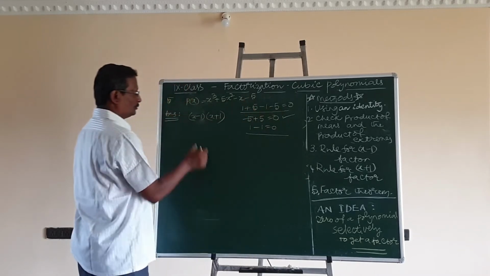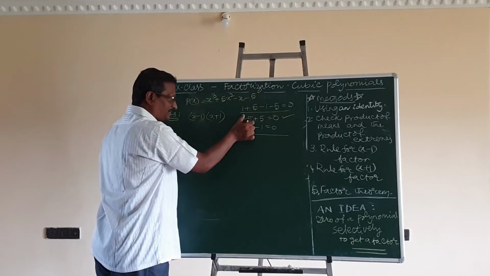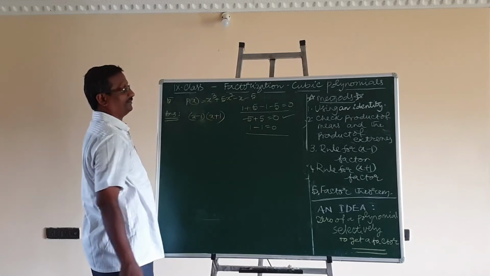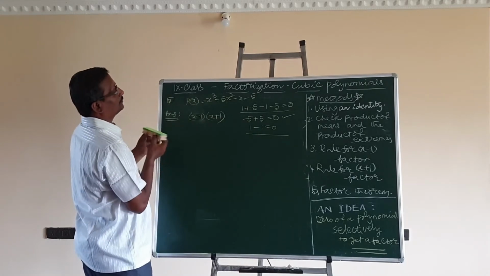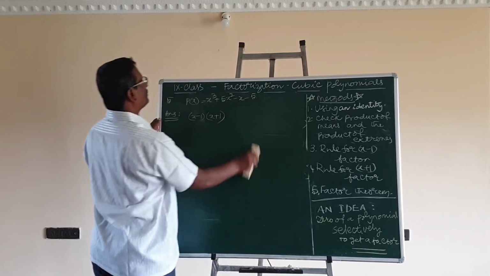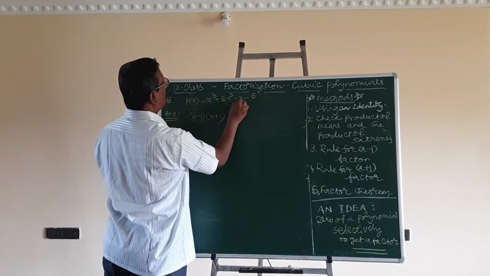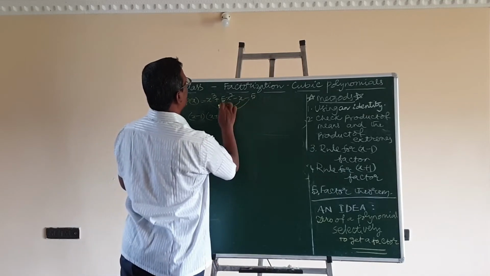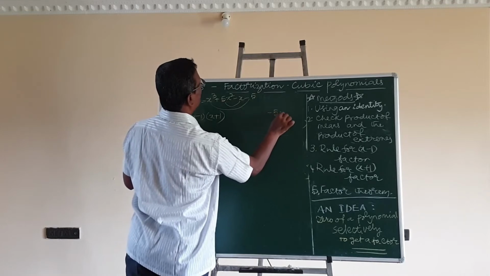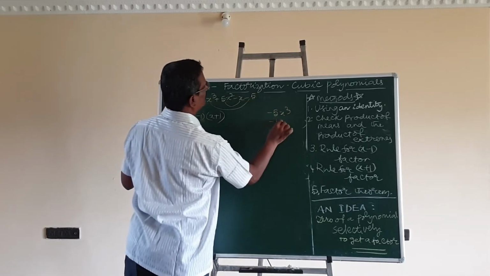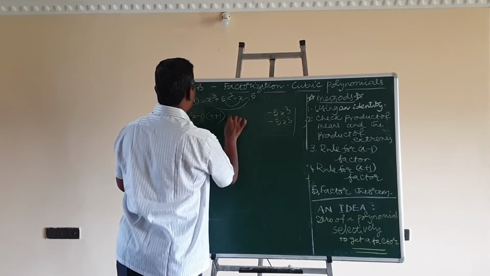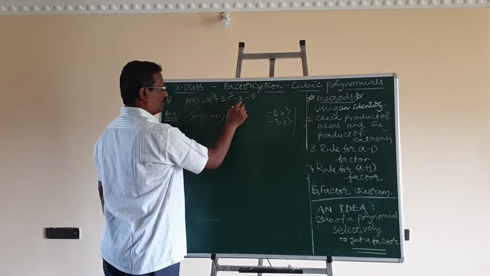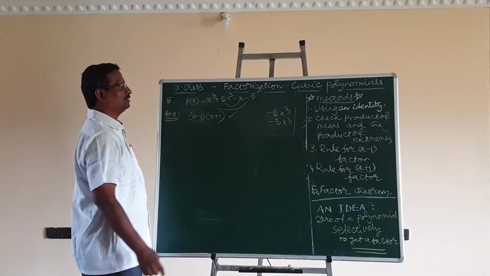Sum of the coefficients is equal to 0, x minus 1 is a factor. Even powers coefficients sum and odd powers coefficient sum are equal, therefore x plus 1 is also a factor. Now there is another rule, a special question where the product of means and the product of extremes are also equal. Here product of middle terms, 5x square into minus x is minus 5x cube, x cube into minus 5 is also minus 5x cube. A special problem where x minus 1 is a factor, x plus 1 is a factor, product of middle terms and the product of extreme terms are also equal.